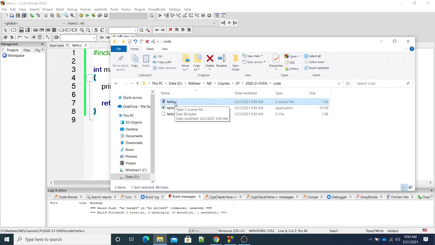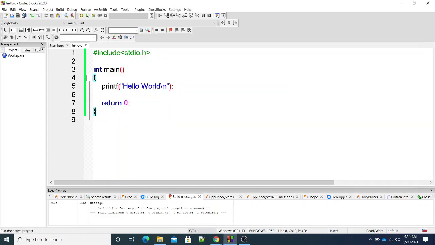It's a text file with an extension .c. But when I compile it by clicking this gear, I get an object file and the final executable file. The object file is an intermediate file, and the final executable file is generated from the object file. Then I can execute it and I get the output.